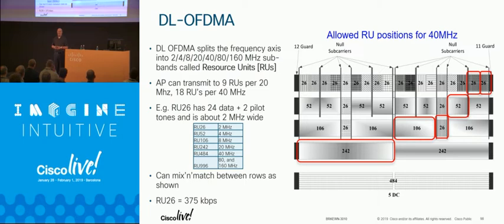And this is the downlink part. So I can put all your data for a bunch of clients that are relatively in the same direction if I want to do beamforming or if I want to use multiple spatial streams. I'm going to put this all together in one packet and I'm going to send it all to you at once.